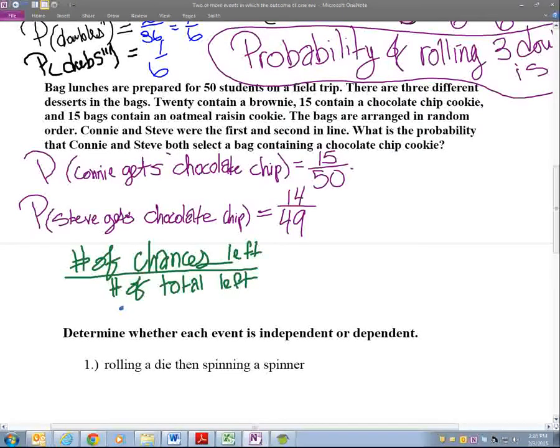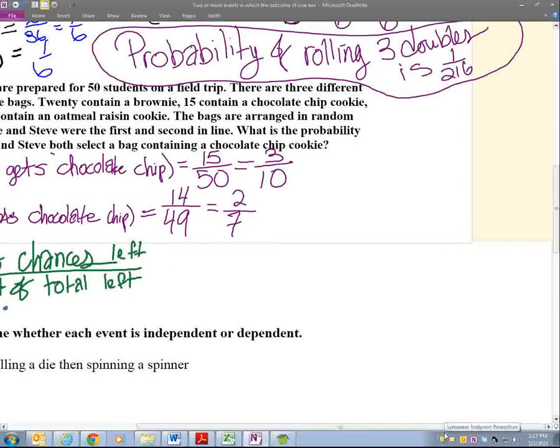In my class, what do you always have to do? Simplify, reduce, reuse, and recycle. Oh, you can do that. So what can we reduce the Connie's chocolate chip thing to? 3/10. Beautiful. 3 over 10. What can we reduce that one to, Abby? 14/49. 2 over 7, correct. So in order to find the probability,